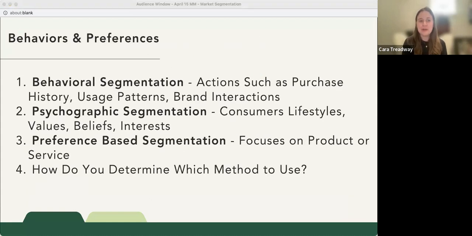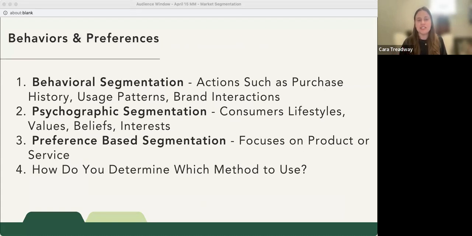So this is a really great slide. If you look at any slides today, look at this one and feel free to screenshot it as well. It's got a lot of great information on it. So in market segmentation, we can explore various methods to categorize our consumers or our audience and then tailor our strategies according to these. So these are some types of segmentation here on the slide.